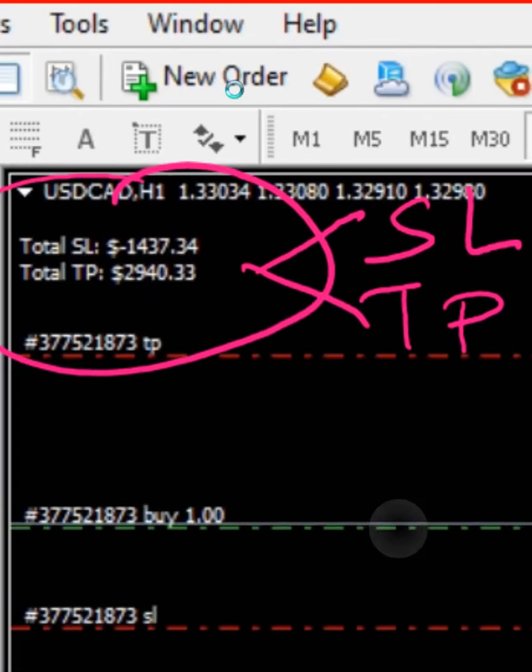So let me zoom it for you. So now you can see the total SL. This SL and TP includes your MT4's entire trading account's stop losses and all the TPs. So all the stop losses are 1437 and the sum of all TPs is 2940.